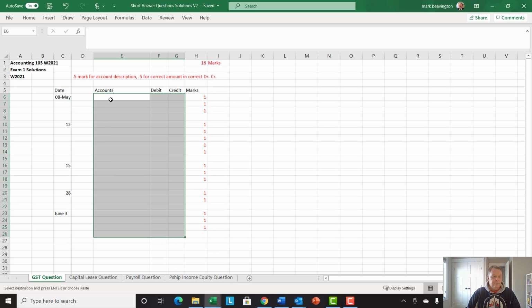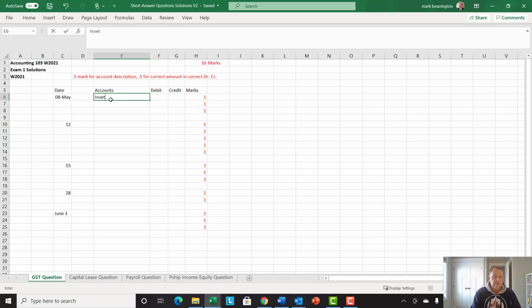So first off, it looks like May the 8th, we purchased some inventory, and we are responsible for journal entries. That's the required, is prepare journal entries. So the journal entries for the first one, it's inventory that we're purchasing, and we're purchasing it for $10,500 on account. So it's accounts payable, and we know it's $10,500. We're told that GST is included, GST recoverable,